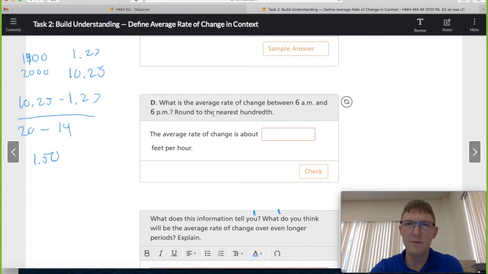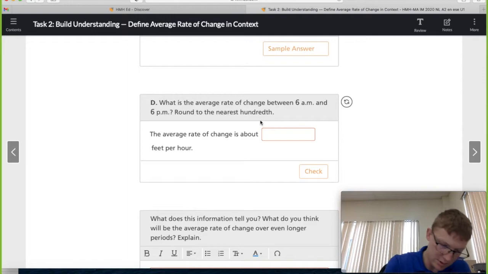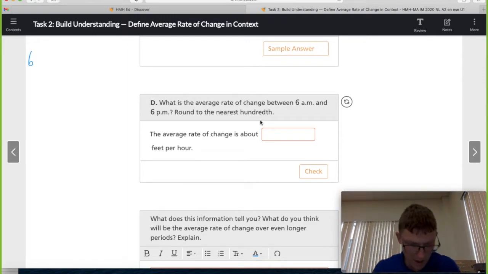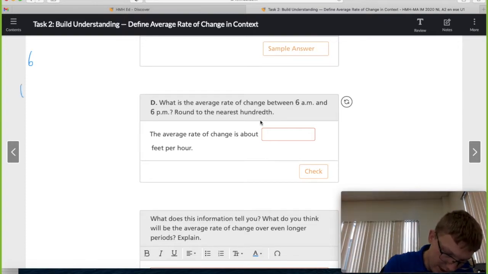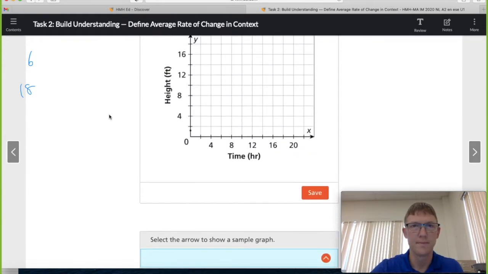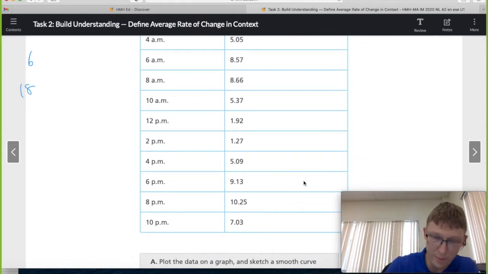So what is the average rate of change between 6 a.m. and 6 p.m.? Round to the nearest hundredth. So again, we're just going to come up here and say, that's going to be 6 a.m. and then 6 p.m. is going to be 1800, or 18 in this case. So 6 p.m. is